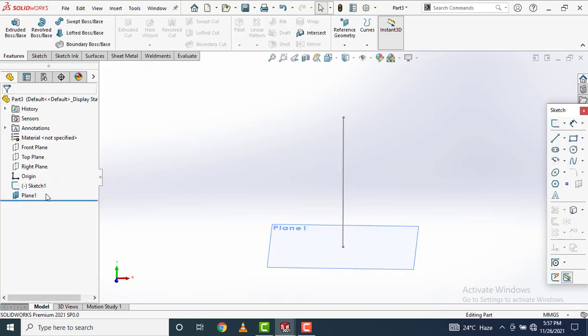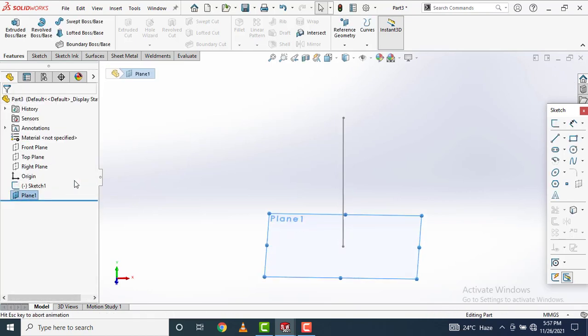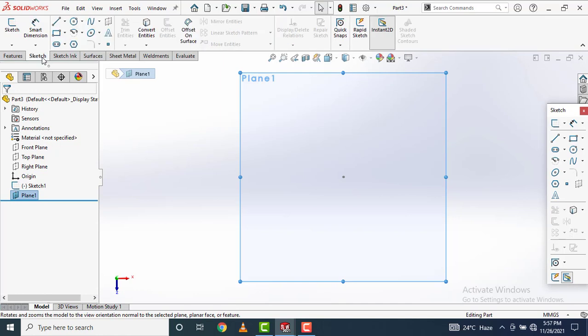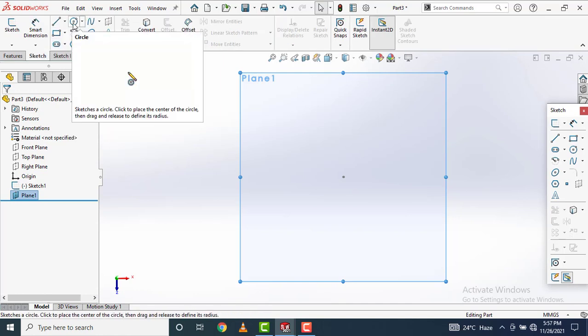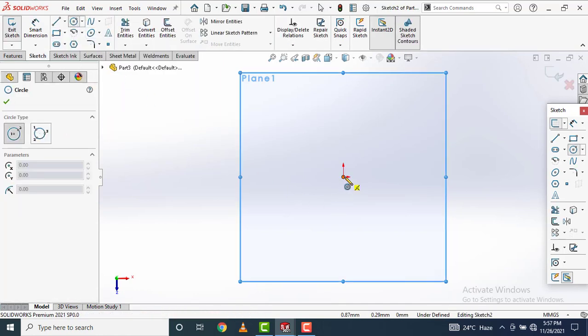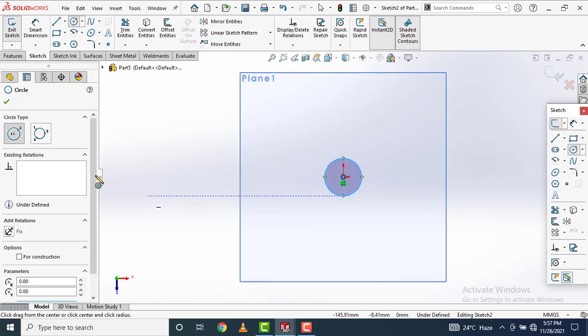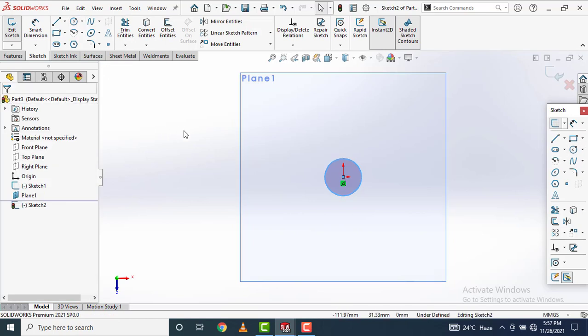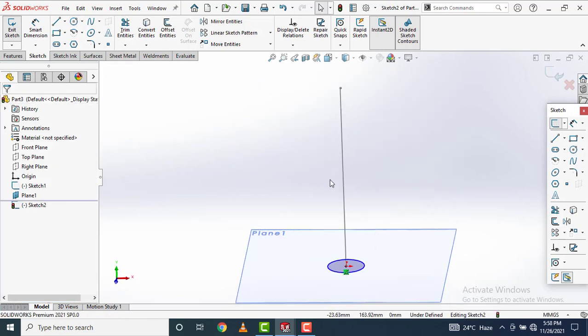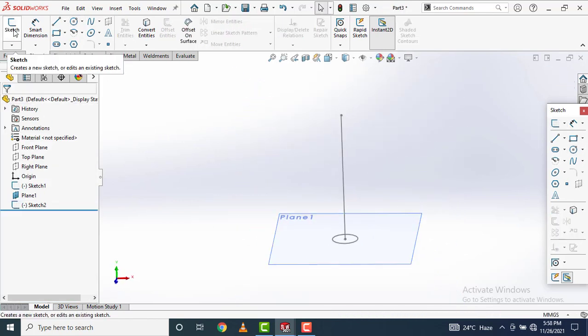Click OK. Go to this plane, make it normal to, and draw a sketch on this plane. I am selecting a circle here. I am drawing a circle. Click OK. Exit from the sketch.